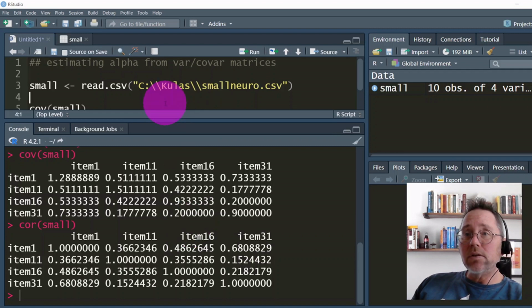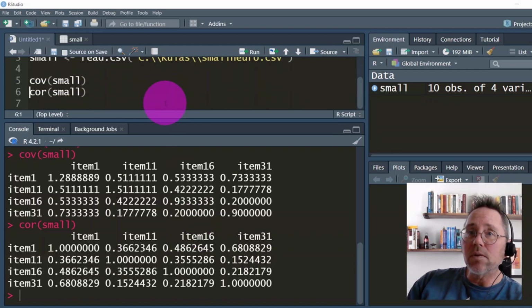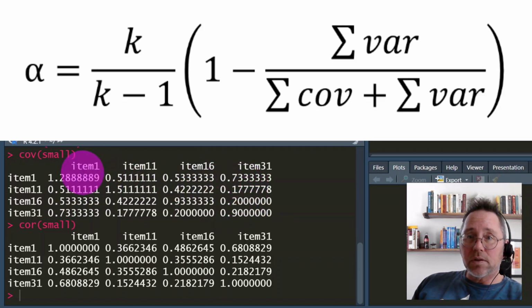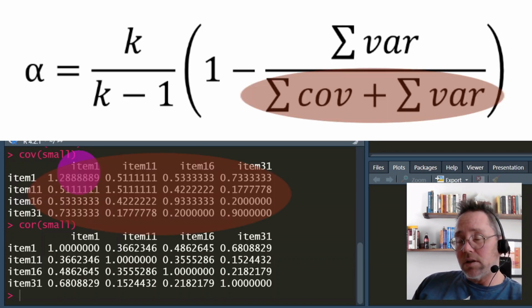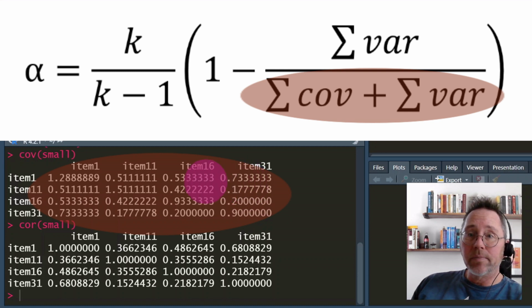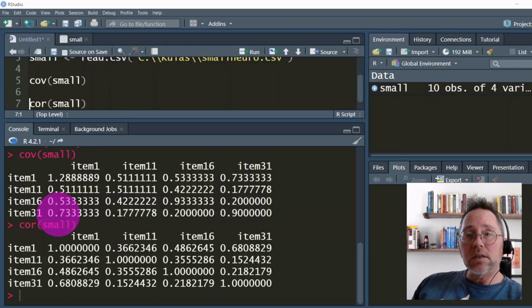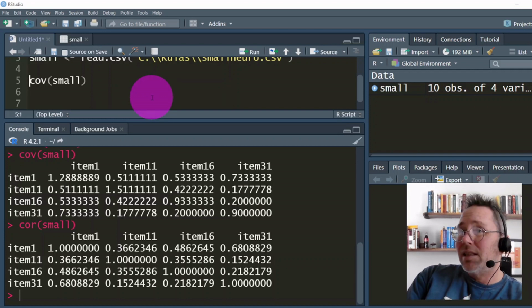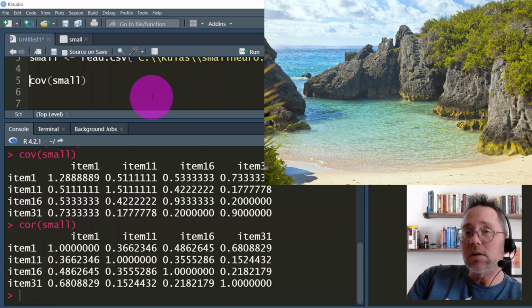Okay, so what I'm going to do with this covariance matrix is I want to break it up. Now, if we take a careful look at that conceptual formula for alpha, you're actually going to see that the denominator is this entire matrix. It says the sum of the variances plus the covariances, but that's everything. So really, all we need to do is isolate the diagonal. And so I'm going to save the covariance matrix as an object. Let's call it small cov for small covariance